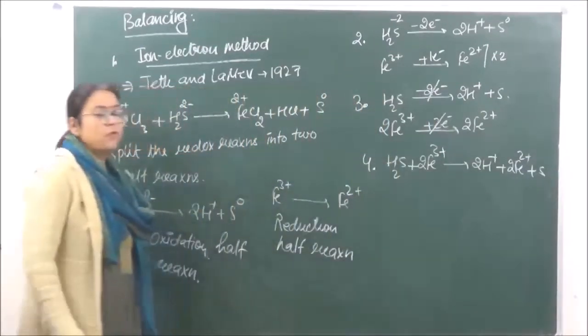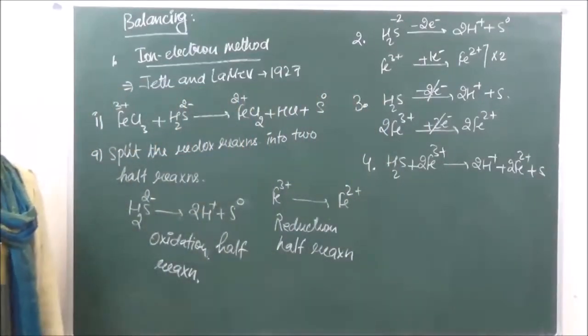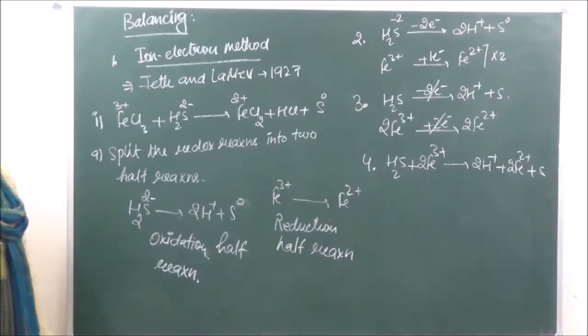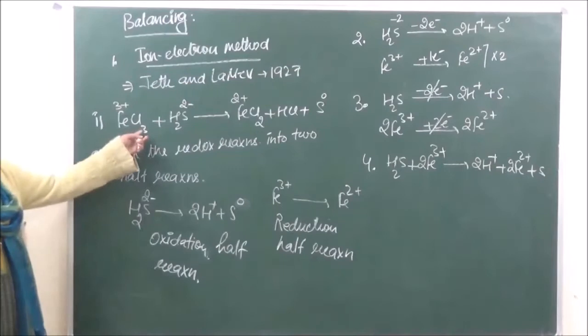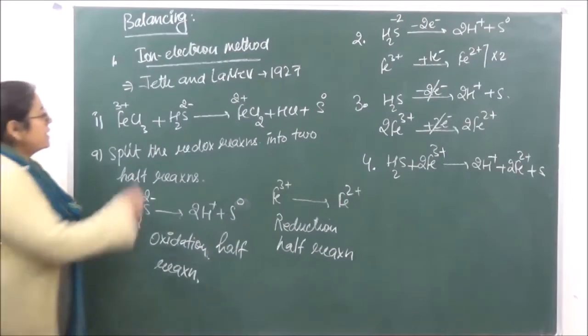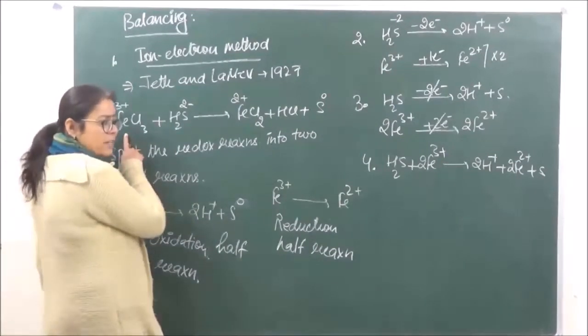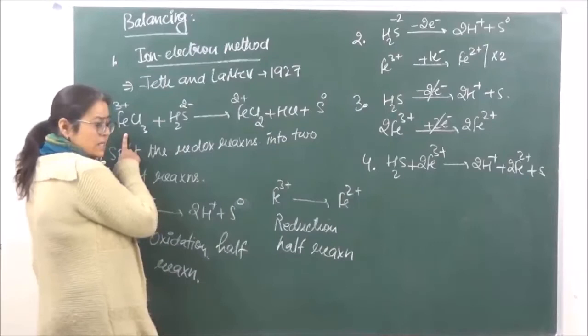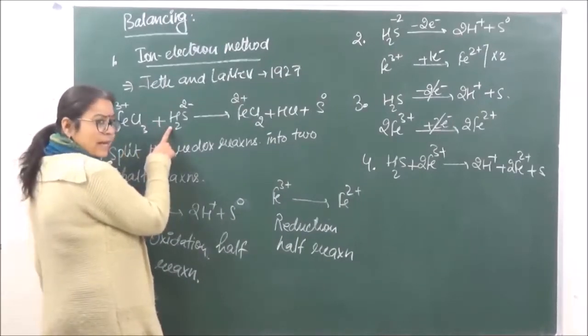ठीक है? So in the fourth step, what have we done? We have added both these reactions. So this is your final reaction. Now over here we need to balance the chlorine also which is present. So we have 3 chlorine over here, we have 2 and 3 chlorine over there, isn't it? So finally अगर हम इसको balance करते हैं, then what are we going to get? Finally you have to multiply this with 2 FeCl3, ठीक है? और H2S will remain as it is.